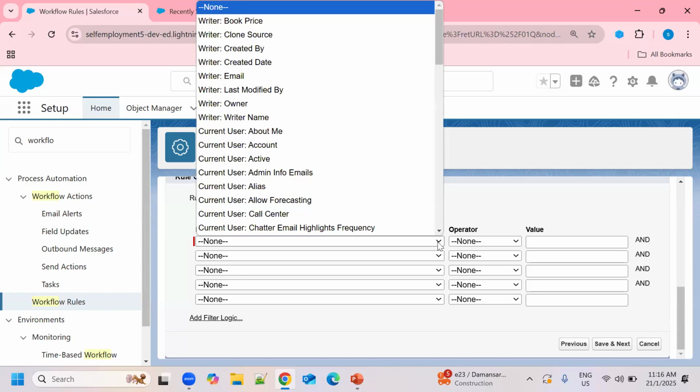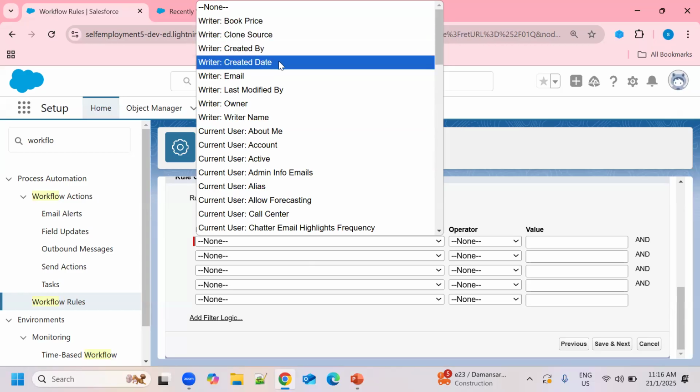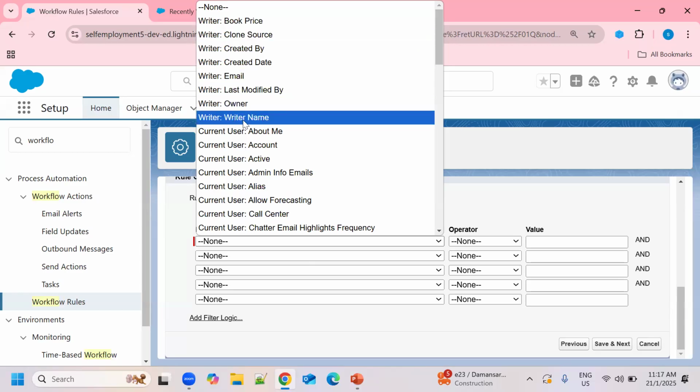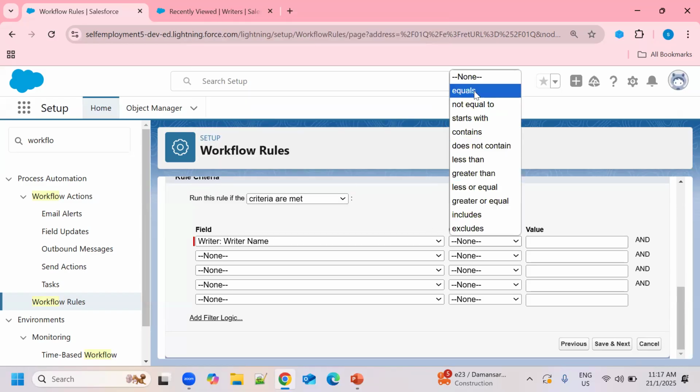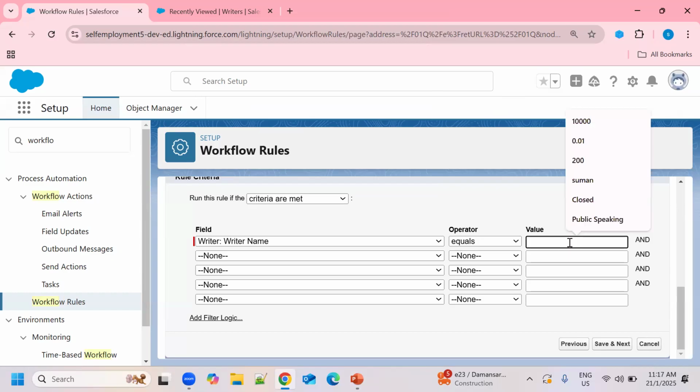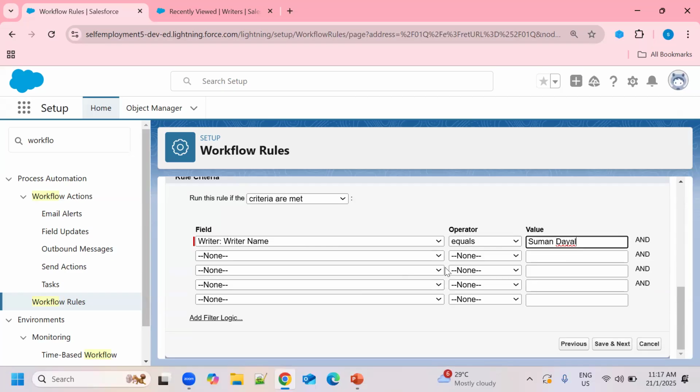I'm just taking the book writer name. So if writer name equals Suman Dayal, in this way you can set the criteria here.